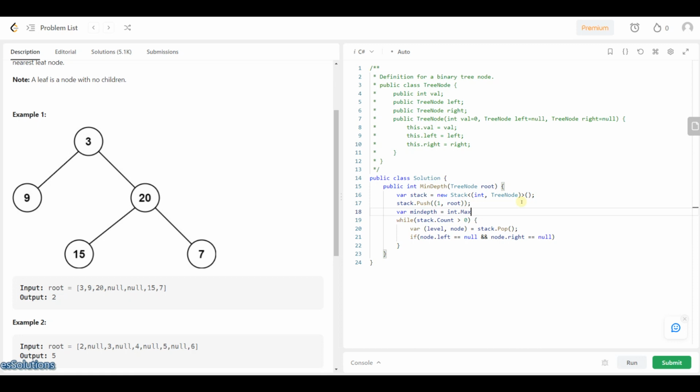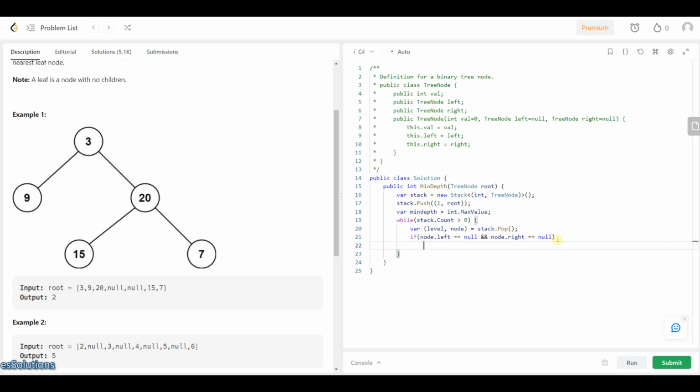And so let me just initialize it to the maximum value. The reason why I'm initializing to the maximum value is because since I'm looking for the minimum, I want to go with the highest so that by the time I find the minimum, this max will definitely not be the minimum. Okay, so we are told that the leaf node, so when at the leaf node, what I want to